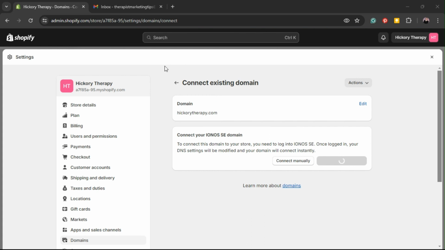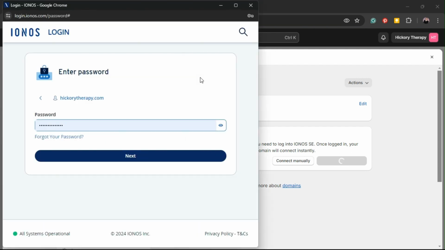And then I just need to log into Ionos here. So this process will look slightly different depending on where you purchased your domain name from. So again, if it's GoDaddy, if it's domains.com, if it's somewhere else, you will see that company here, and you'll simply need to log into the account that you have with your domain provider. So if I click next here, once I've got my password into place,